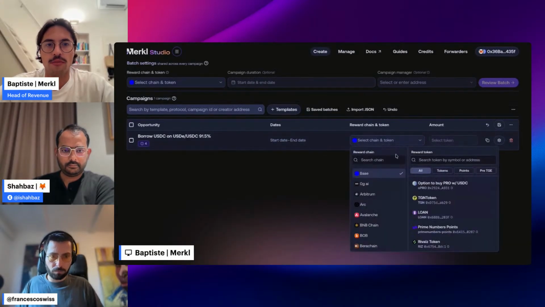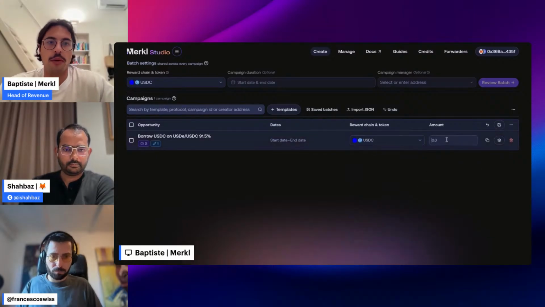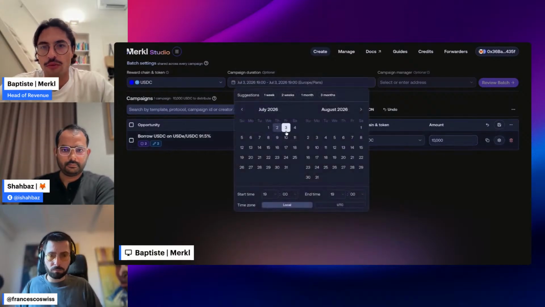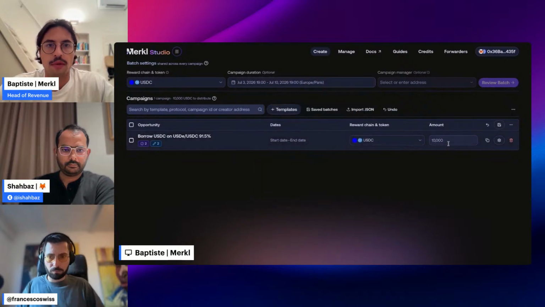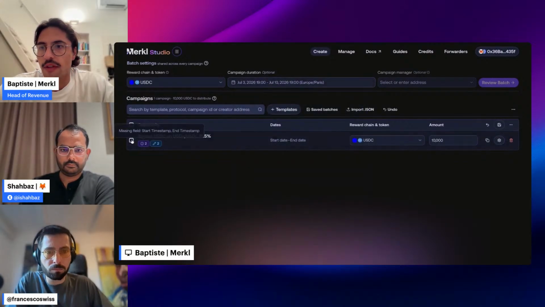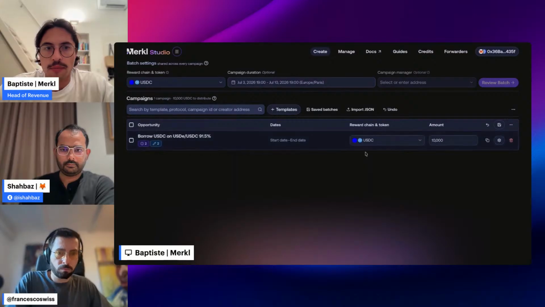You tell us what chain you want to distribute the tokens on and what token you want to distribute. So let's say you want to pay back in USDC. You have a budget of $10,000. You want it to last from tomorrow to the 10th. And so this is entirely configured and it works.